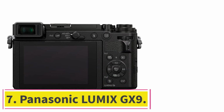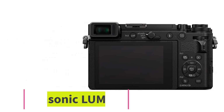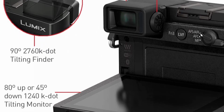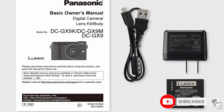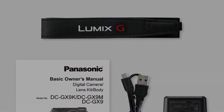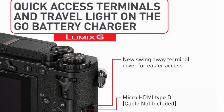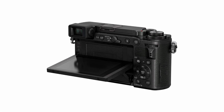Number 7. Panasonic LUMIX GX9. This model has the same features as the cheaper Panasonic models featured on this list, including high-resolution 4K video technology to provide Ultra HD quality, 4K photo and post-focus, Wi-Fi connectivity, autofocus technology, the silent shooting feature, which minimizes shutter noise, and the starlight feature, which lets you clearly capture subjects using only moonlight as a light source using 4EV low-light autofocus. However, the Lumix GX9 has a 20.3 megapixel camera and also features a high-resolution MOS sensor with